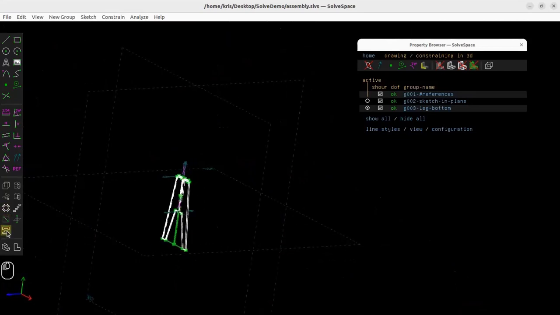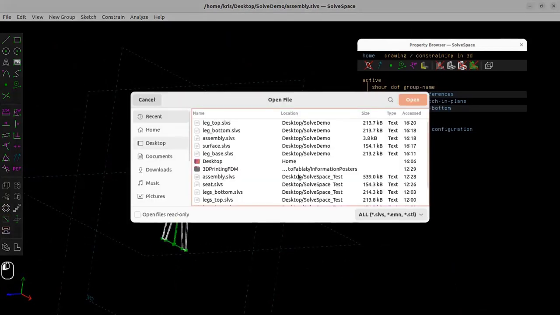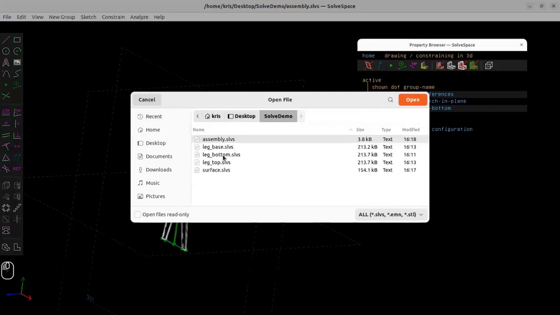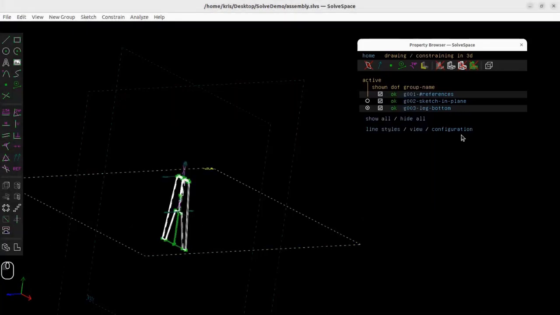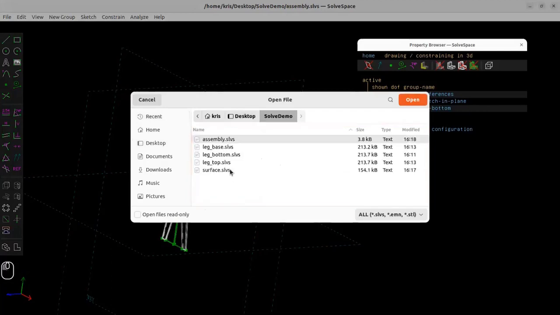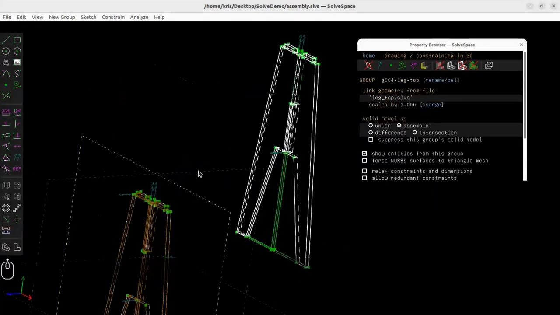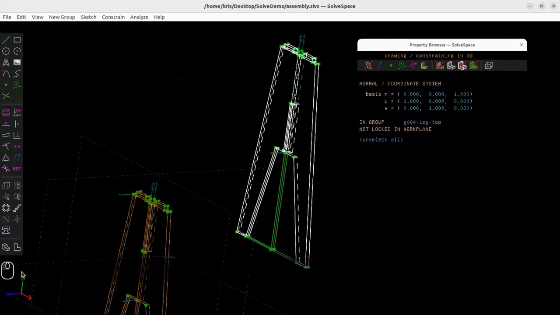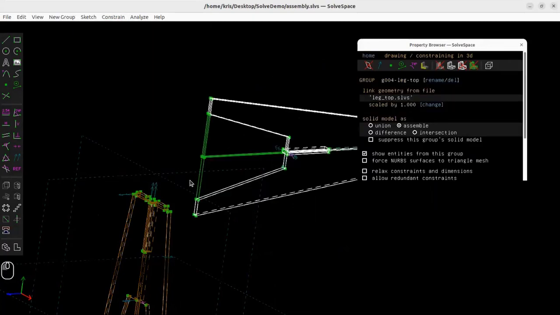And then gonna import the other part. So wait, which one was this? So this was the leg bottom. We need to import the leg top. Like so, and I'm gonna take this and that, go to constrain them to be the